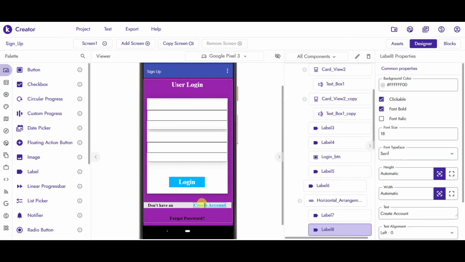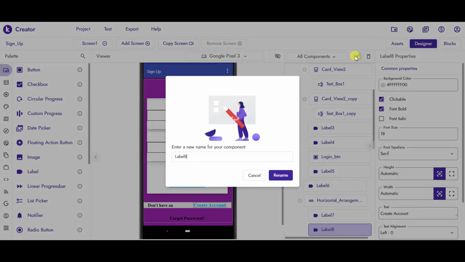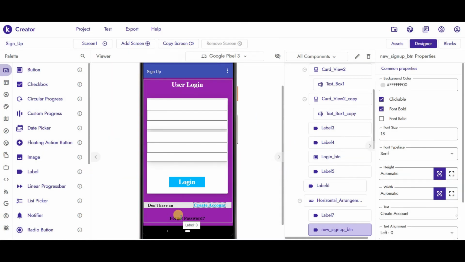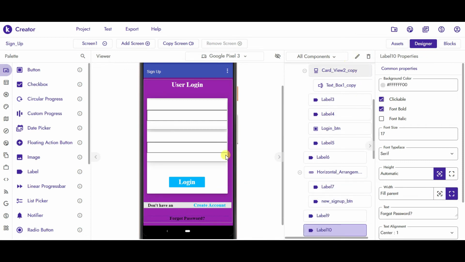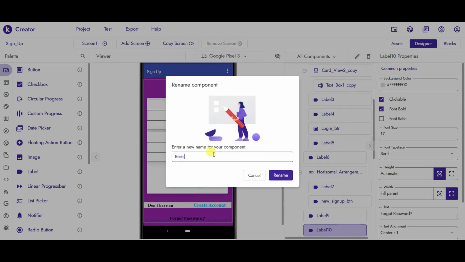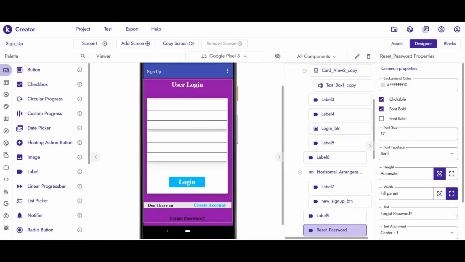And the create account label which we had added, just rename it as new sign up BTN, and this label forgot password, just rename it to reset password. So here we have renamed all the components.